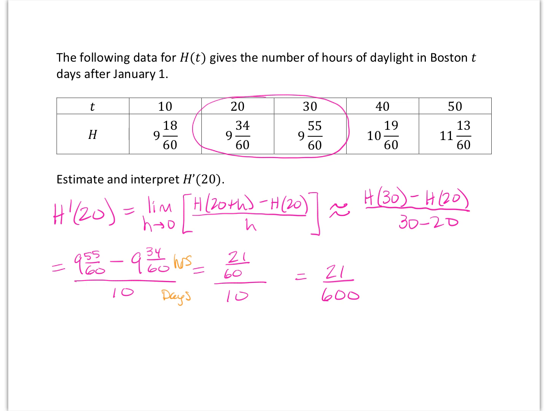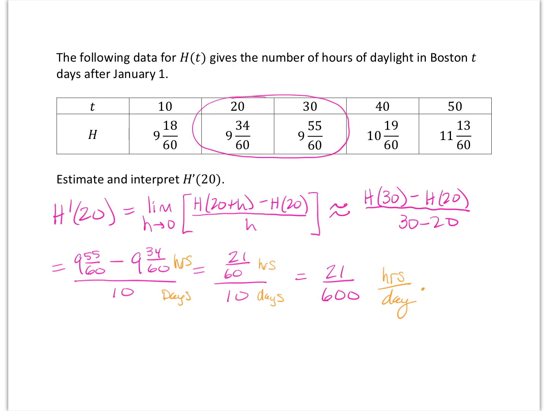So 21/60 hours over 10 days is 21 over 600 hours per day. That tells me that the daylight is increasing by 21/600 of an hour per day on